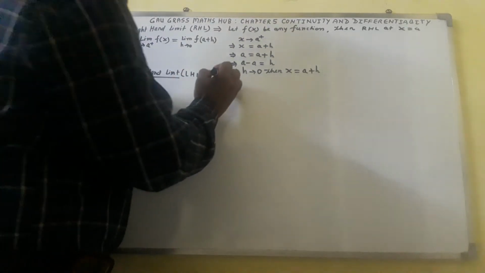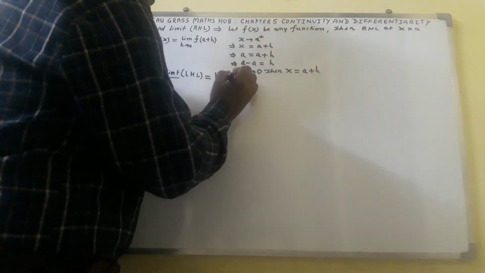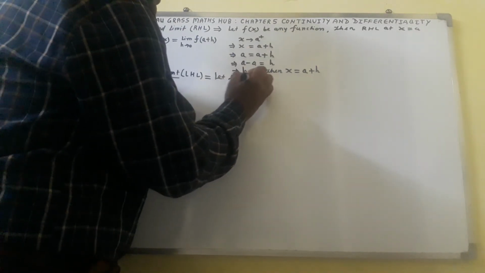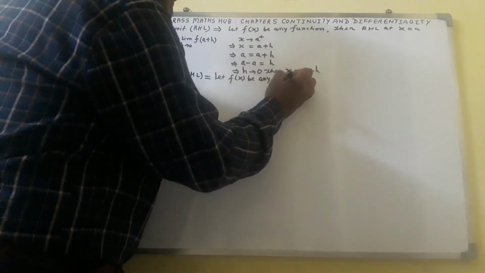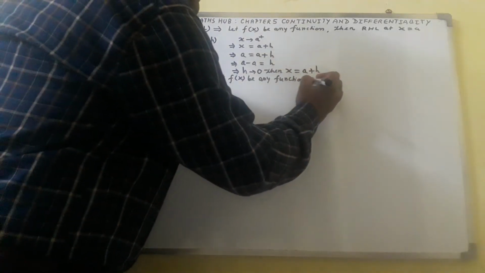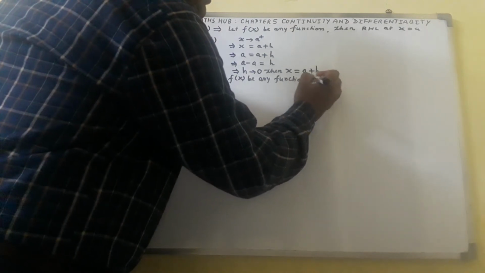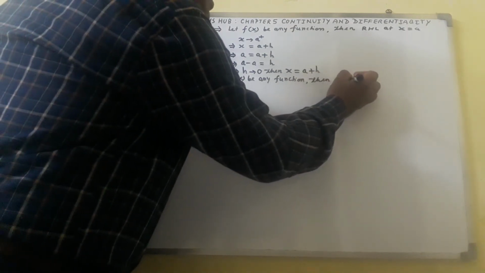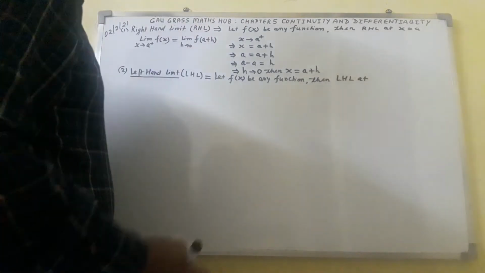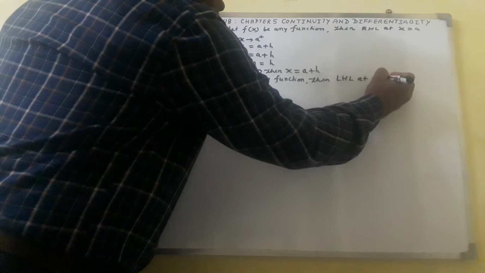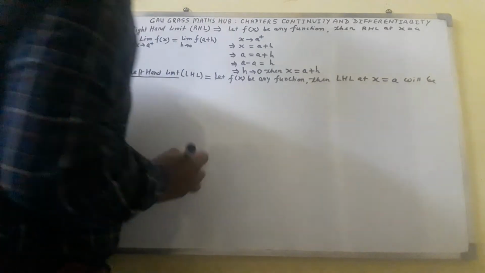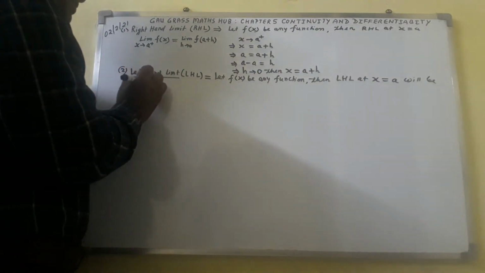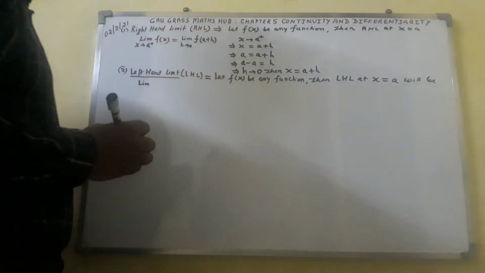Imply that, let f of x be any function, then left hand limit at x equal to a will be, here write limit of